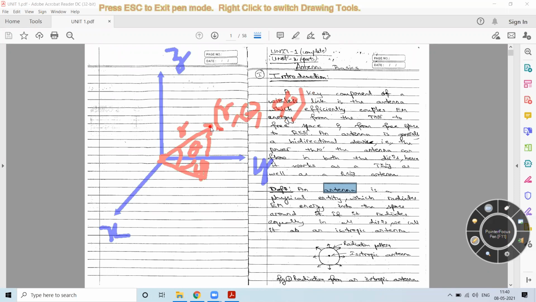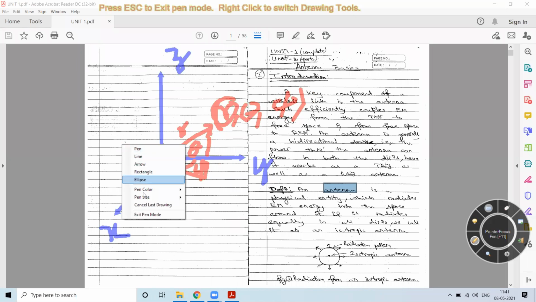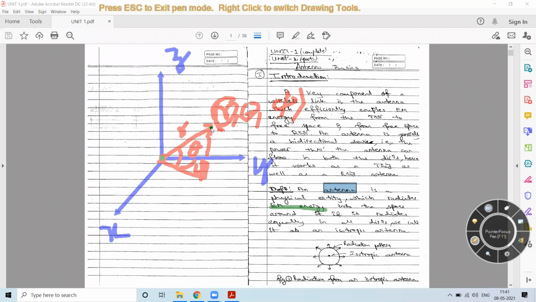For a particular given distance r, if there is an antenna which you are considering at this location, you start measuring what this antenna radiates. That is, you start to measure the electromagnetic energy at this point. So you take different points. At phi equal to 0, what is the value? At distance r only you consider.